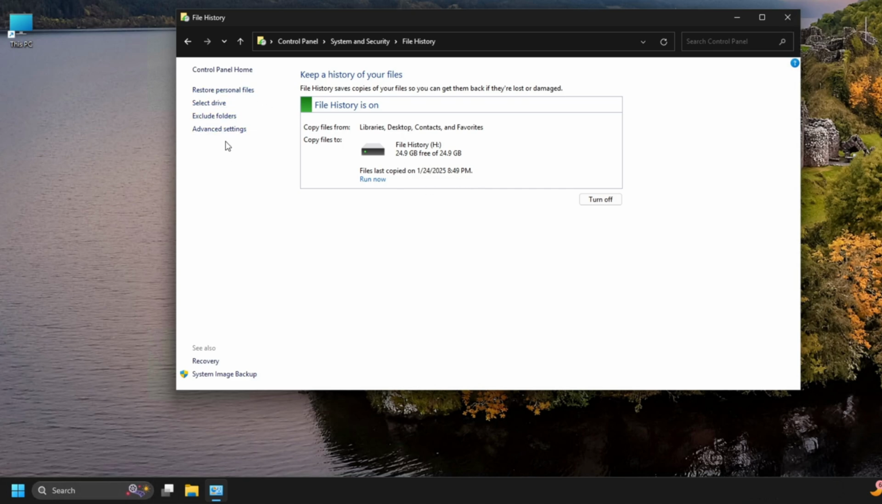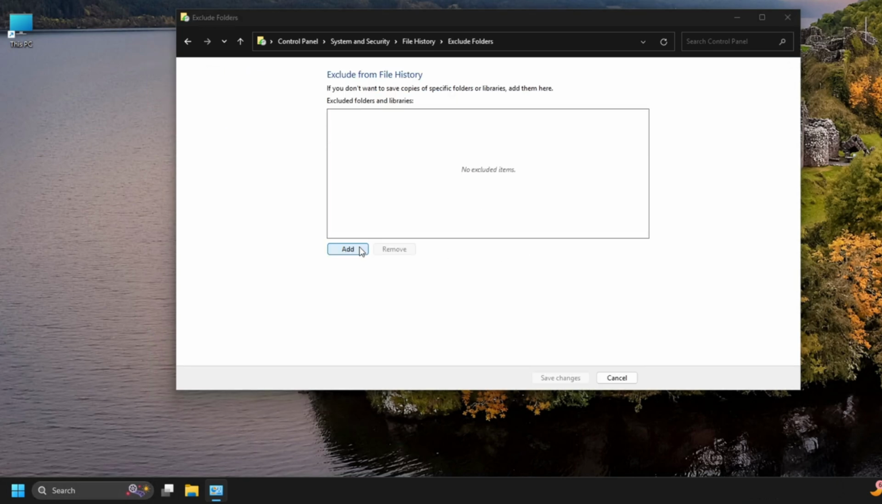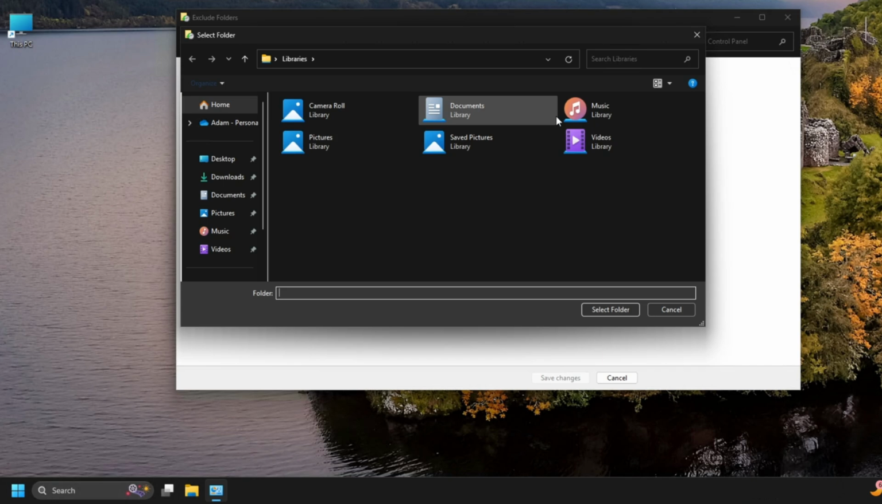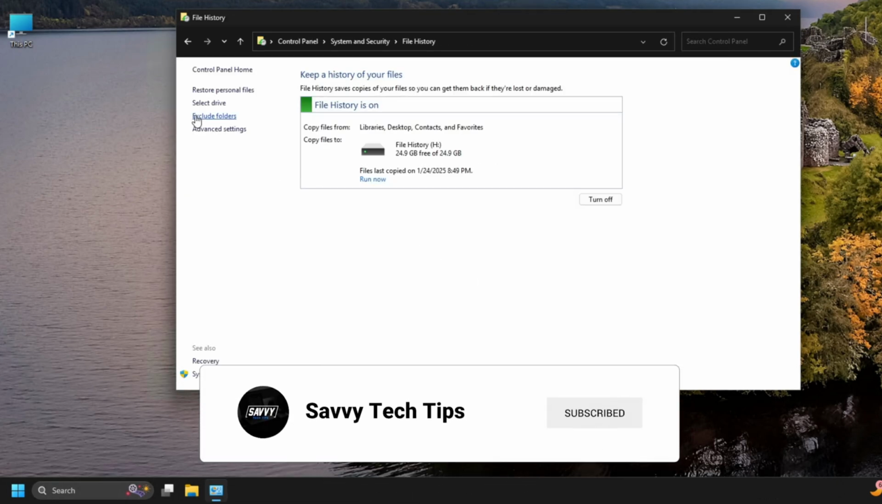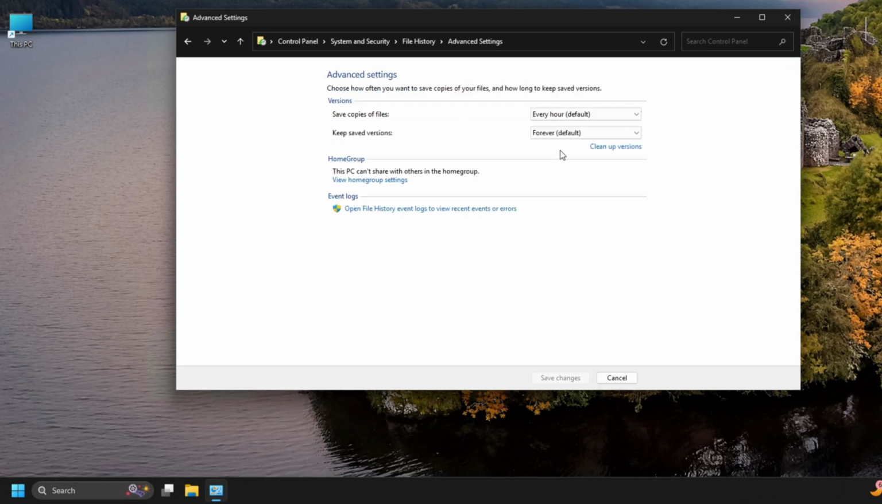Here on the side, you can exclude folders. By default, it copies the library, desktop, contacts, and your favorites. So if you click on exclude folders, here you can add a folder that you want to exclude. So we're going to hit cancel. Hit cancel here. Here, advanced settings, you can save copies of the file